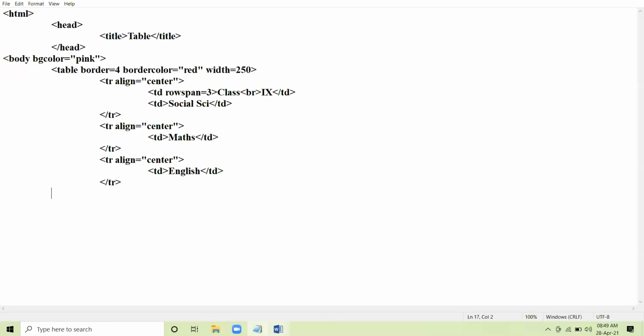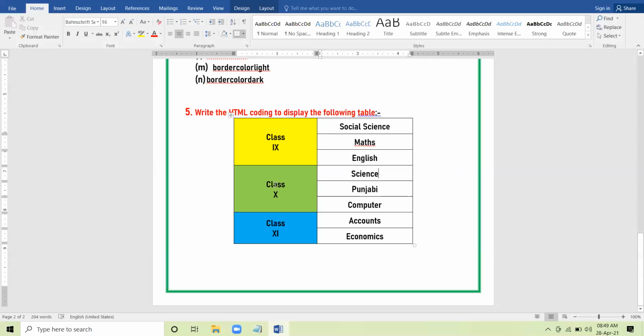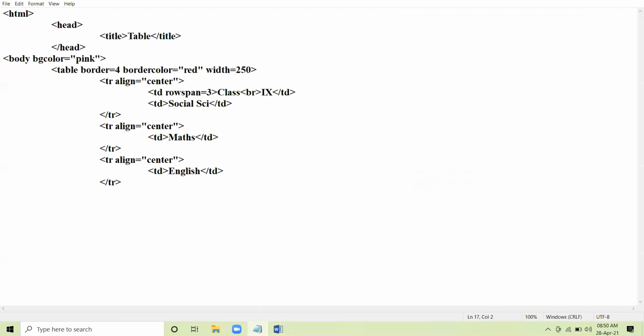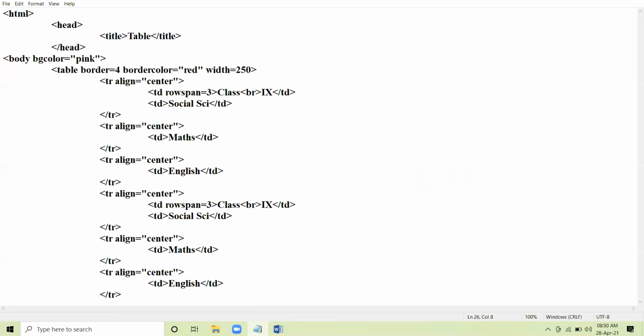Now moving to this class 10th. Again the same scenario. What you have done here, the same is to be repeated here. Okay. So let us copy paste this whole data. And we just change the entries.